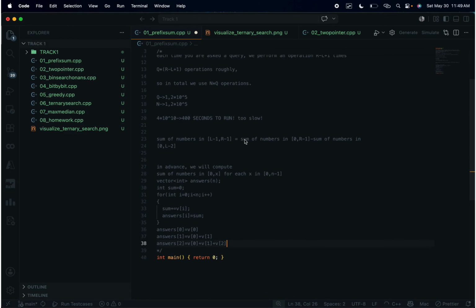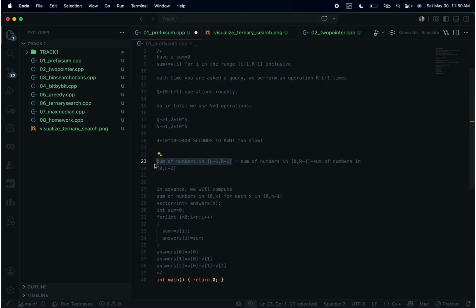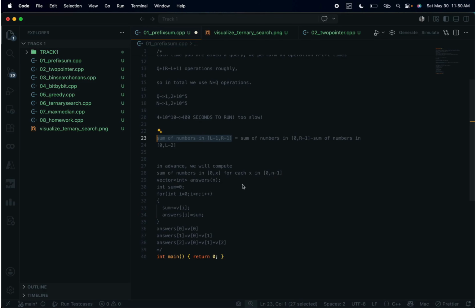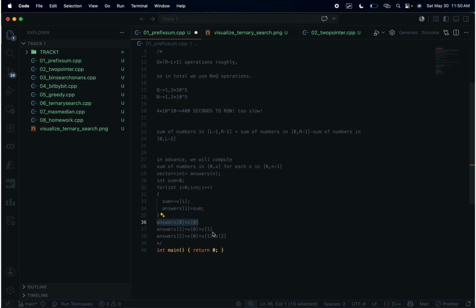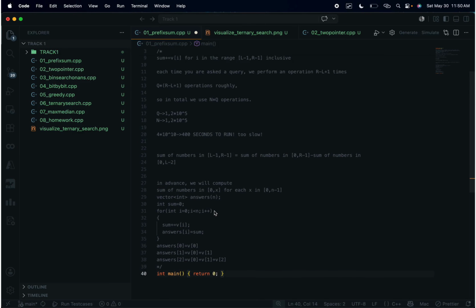So what we wanted here, that is the sum of numbers from 0 to R minus 1, this would basically be some number in the answers array, right? So whenever we want to find the sum of a subarray, what we do is we take two numbers from this answers array and just subtract them. Say we wanted sum from 1 to 2, we would just do answers of 2 minus answers of 0, right? Okay, so